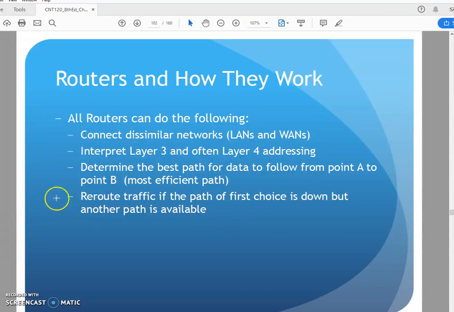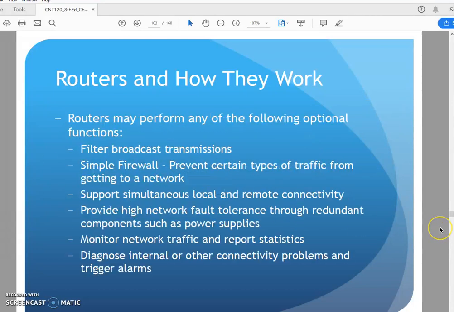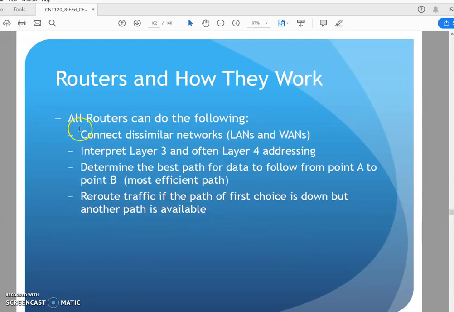All routers do these tasks, and they also do a few optional tasks. Well, let's hit the things that they all do. They connect to similar networks, LANs to WANs. Yep. They often read layer 3 addressing, IP, and sometimes even layer 4 addressing like TCP port numbers, passing traffic